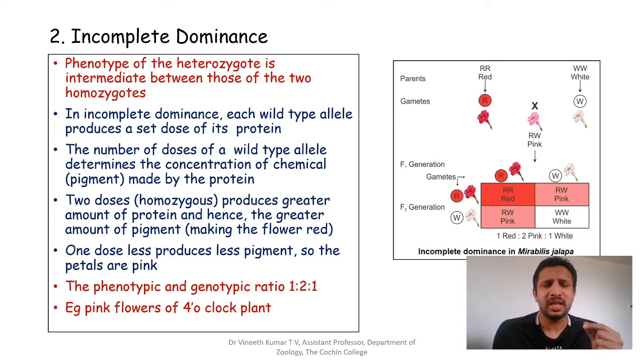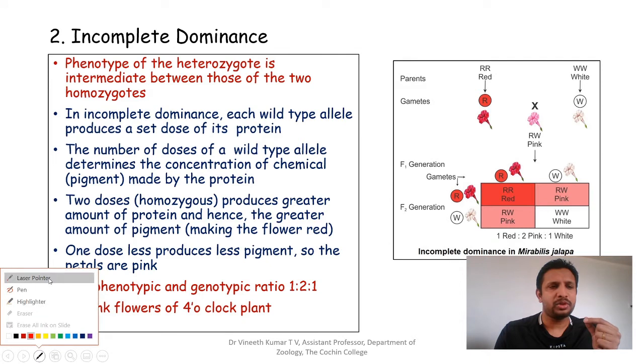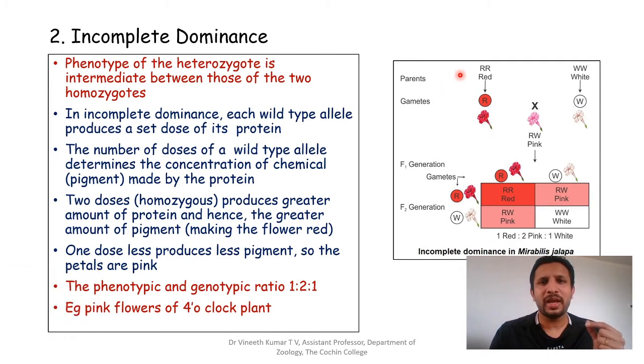So here, the phenotype of the heterozygote is intermediate between the two homozygotes. We have two homozygotes as parents. As you can see in the diagram, one homozygous parent has red flowers, and the other homozygous parent has white flowers. When a heterozygote is formed in the F1 generation, you can see